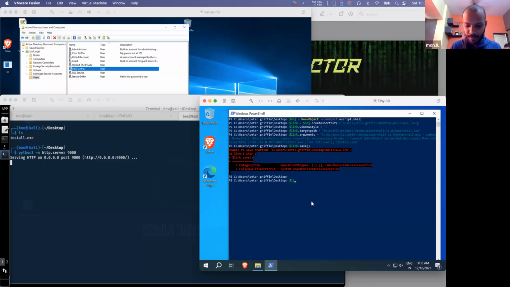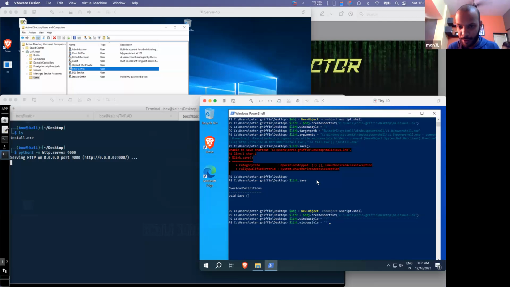Dollar dot save void 0. Okay, let me start it one more time. Again, malicious. Then I have this window style, target path